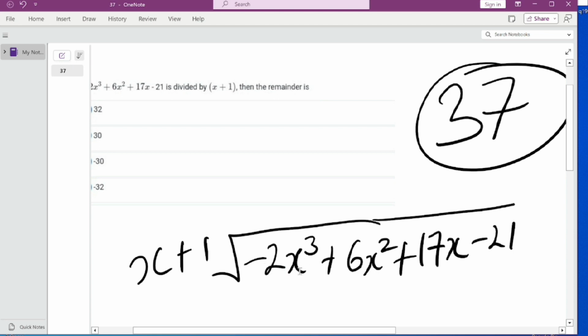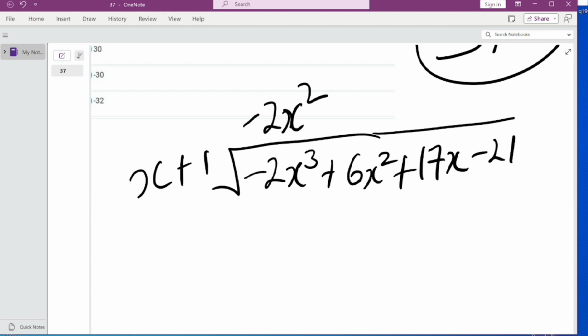minus 2x raised to the power 2. So we have minus 2x raised to the power 2. We'll multiply it by the x and also multiply it by plus 1. Minus 2x squared times x is minus 2x cubed. Then you still have that minus 2x squared times plus 1, which is going to still give us minus 2x